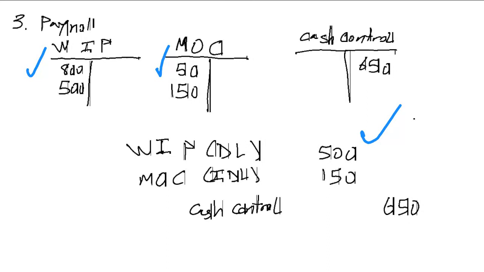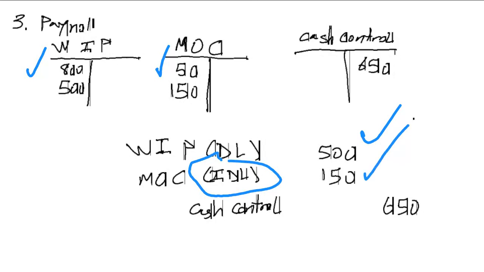This is for indirect labor. So this is indirect labor of $150. And we paid, so I credited cash control. So again, direct labor of 500 debited to work in process right here, and $150 indirect labor debited to manufacturing overhead control, and credit to cash